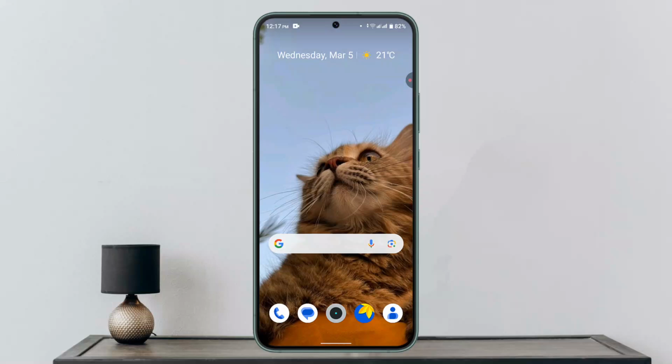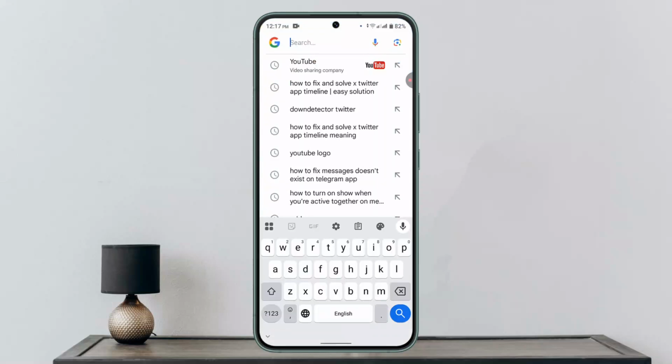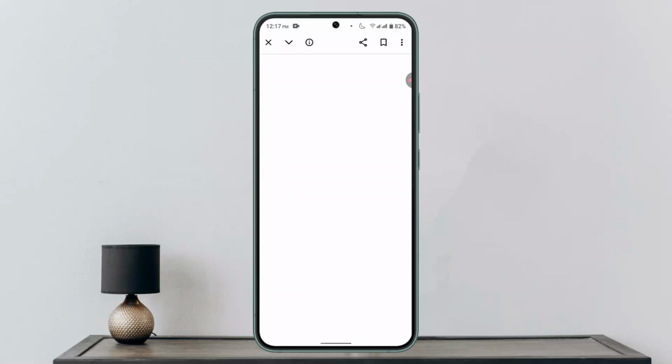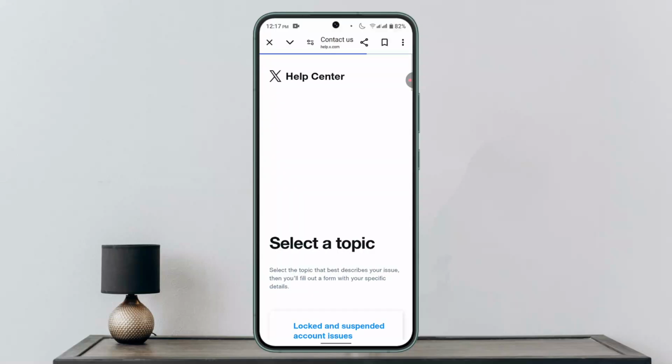If nothing seems to be working out, then you need to contact the support team. For that, go to the browser and type in X Twitter contact, and when you locate it, press the first link that comes, help.x.com, and then you could report the issue